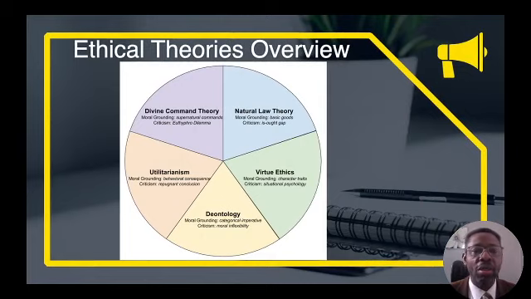So we have some ethical theories here. I'll just look at some and we'll advance. Let me pick on the utilitarian theory, for example. In this utilitarian theory, we are looking at moral good decisions that are made for the betterment of a larger population, a higher number of people. This is based on the fact that when we make decisions, we are seeking pleasure or happiness. That is the aim, the desire that we want to achieve.